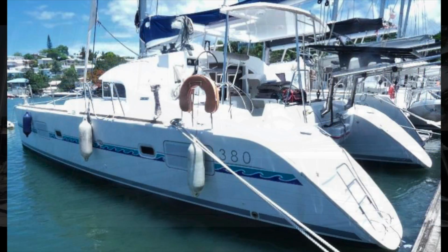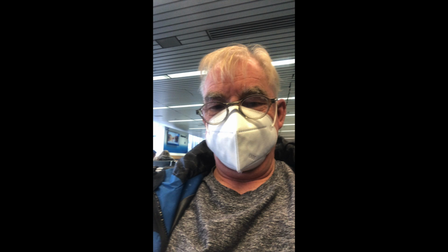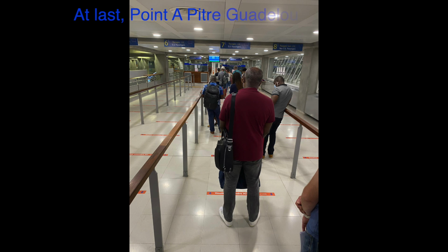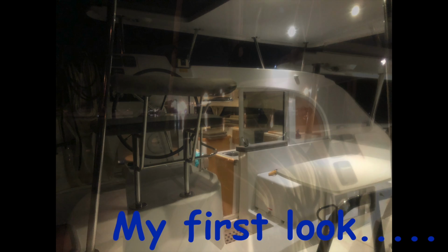It was so exciting. It was finally time for our journey to Guadeloupe. Permission granted from the head of Immigration and Customs for the French West Indies. Our opportunity, along with our proof of ownership, to finally travel to Pointe-à-Pitre, Guadeloupe, and get our first look at